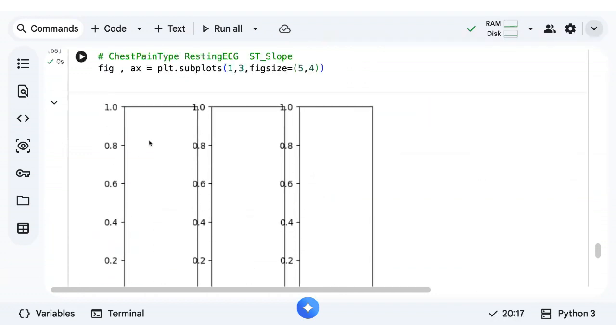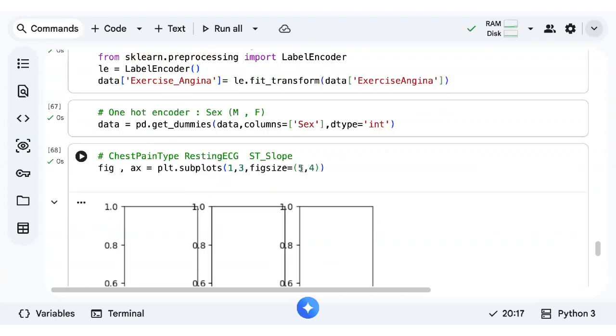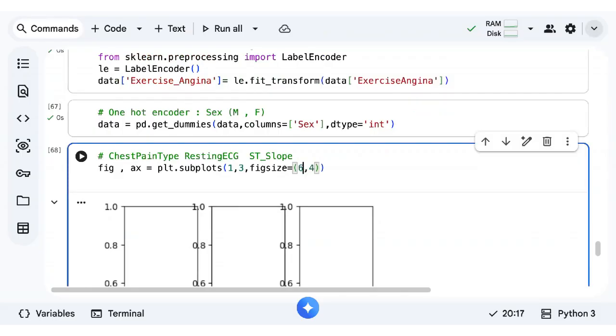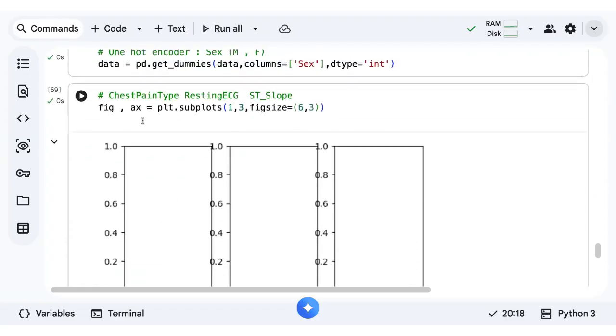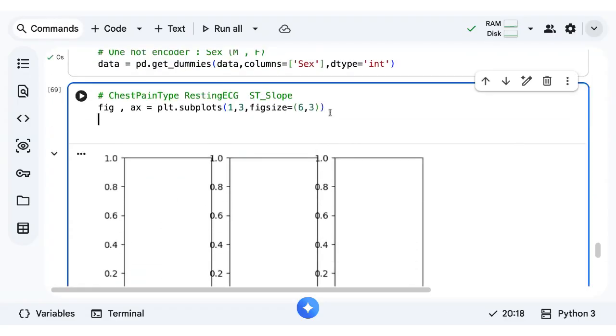Okay. Or you can use 6 comma 3. Yeah. So I'll be plotting a count plot for each of them and we'll see its relationship with heart disease.